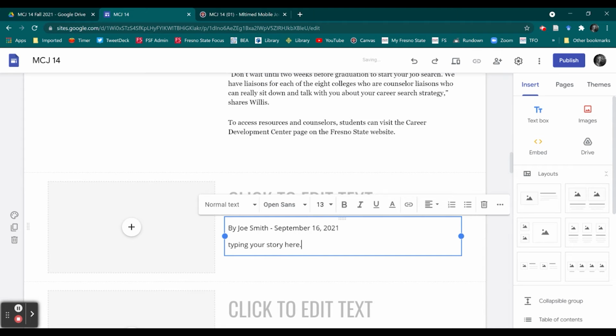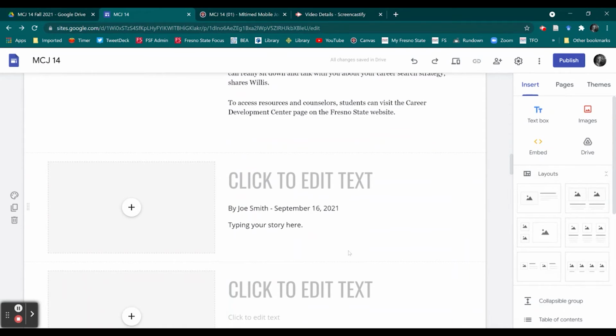Okay. Use caps and all of that. And you will type in your story just like anything else. If you want to write your story someplace else and copy and paste it in here, that is perfectly fine. All right. So after you type in your story, or copy and paste it in,